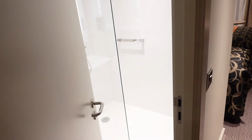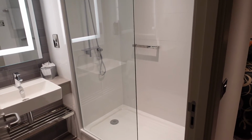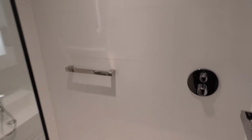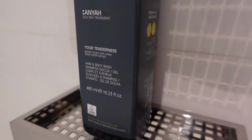So let's go into the bathroom with no bath. The wet room, again because it's very, very new, it's all nice. However, regardless of that, look at the shower. So you've got the handheld shower just there, and overhead, grab rail, have the complimentary hair and body wash, very, very big shower,